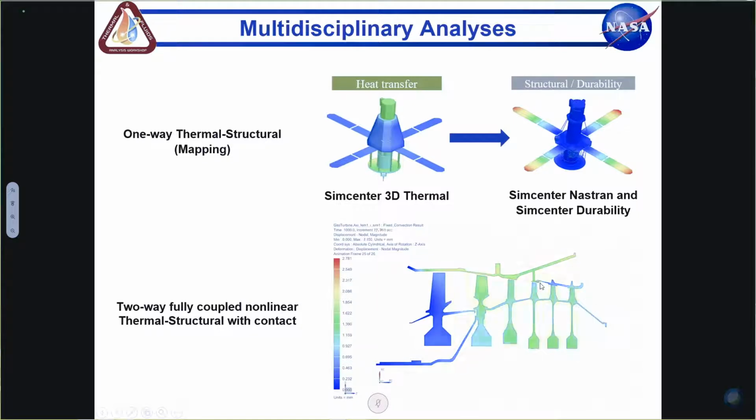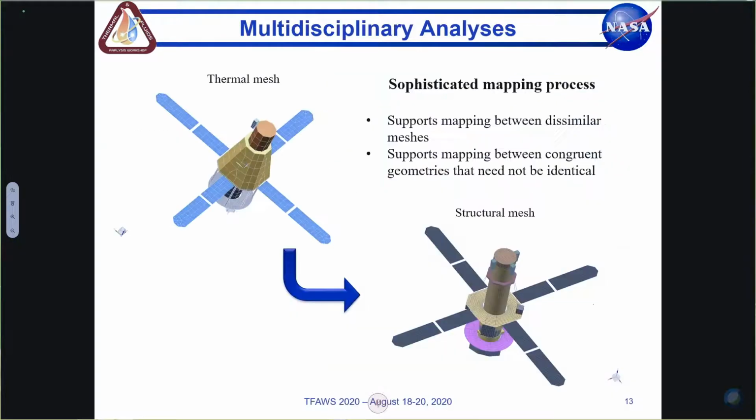So what we have here is an animation that shows in a gas turbine engine, you've got the blades and the entire axisymmetric model line is kind of deforming, and then one of the blades is impacting the shroud, which you really don't want. But this is also a possibility. For the purposes of this presentation, though, we'll look at the first method, which is mapping temperatures onto a structural model. And part of the reason is that